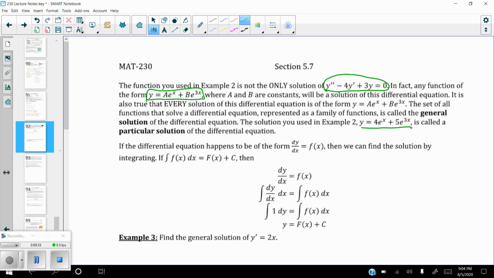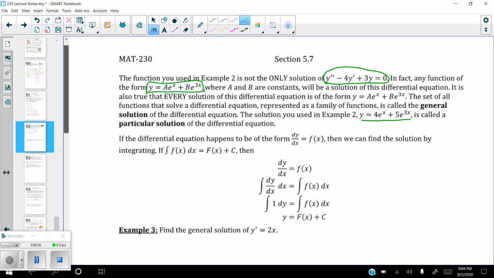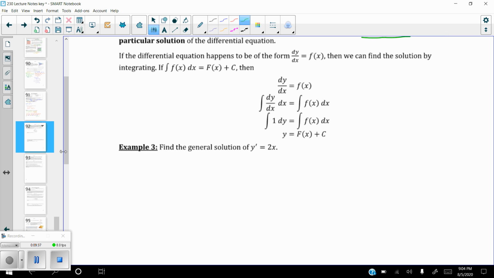If the differential equation happens to be in the form of dy/dx equals some function of x, then we can find the solution by integrating. You can actually take the integral of lowercase f of x dx, you get the capital F of x, which is the antiderivative, plus c. So again, if we start off with dy/dx equals f of x, if you take the integral of both sides, because what you do to one side, you have to do the same thing to the other side, with respect to x,